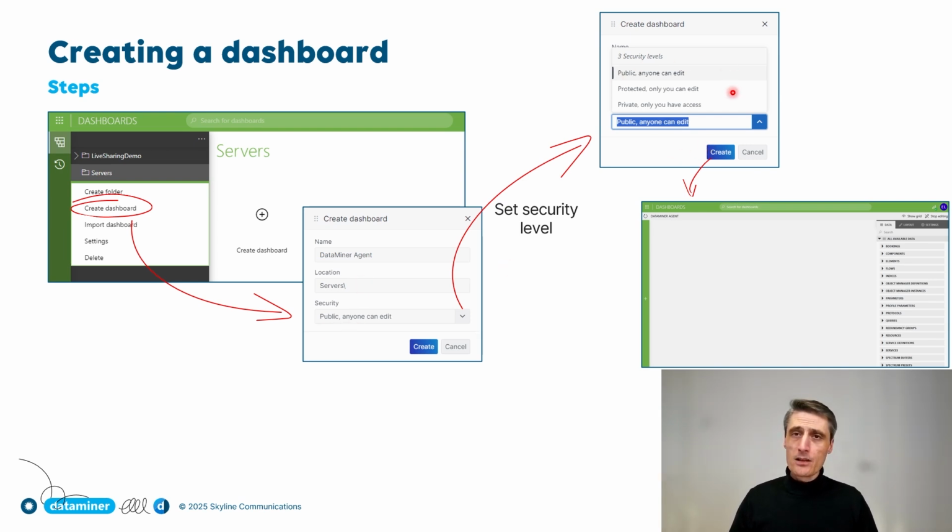And the security. So the security, here we have the 3 levels indicated. By default, a dashboard will be created public, meaning that everybody that has access to the DataMiner system is able to access your dashboard, to view it, but also to change it. So maybe you want to close that down a little bit, then you can go for the protected. They can still see it, they can still use your dashboard and consult it, but they can no longer edit it,